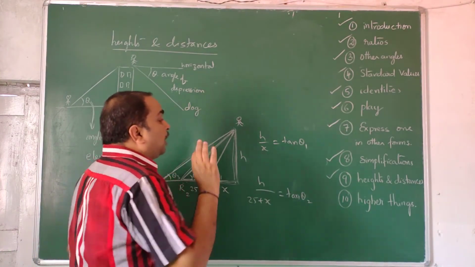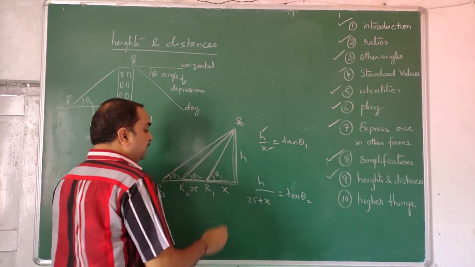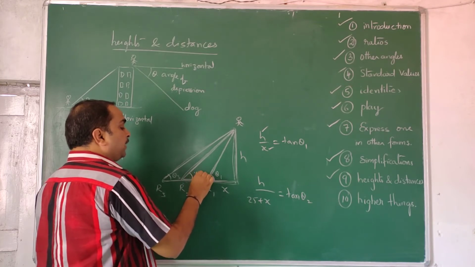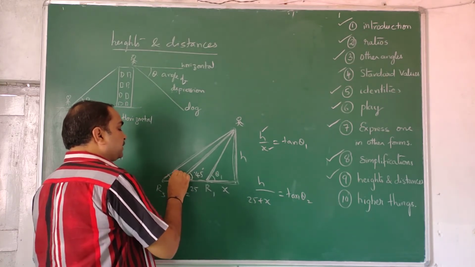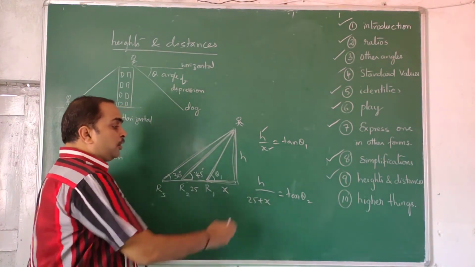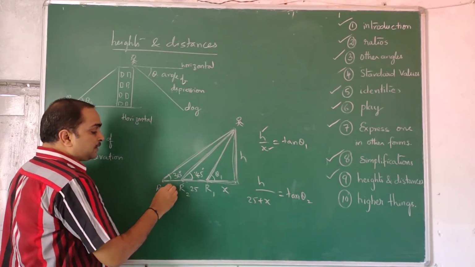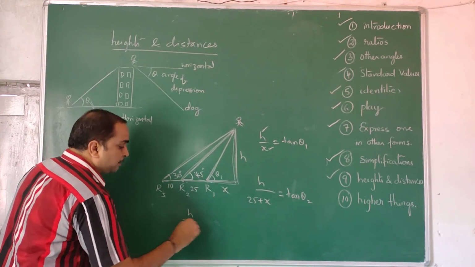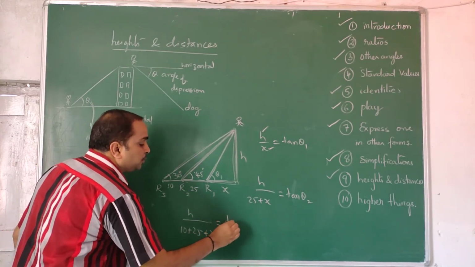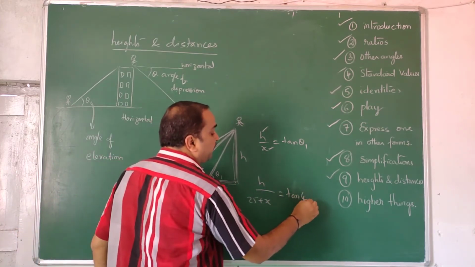So how many unknowns are there? First you identify. Suppose h is not given, x is not given, theta 1 not given, the other 2 he will give. This angle he gives to be 45 degrees, this he gives to be 30 degrees. So 1, 2, 3 things are not known. You have developed only 2 equations. You require one more equation. This distance he may give it. This is say 10 meters. So h by 10 plus 25, this length plus x is equal to tan of this angle 35 degrees. This angle is given. So theta 2 is 45.